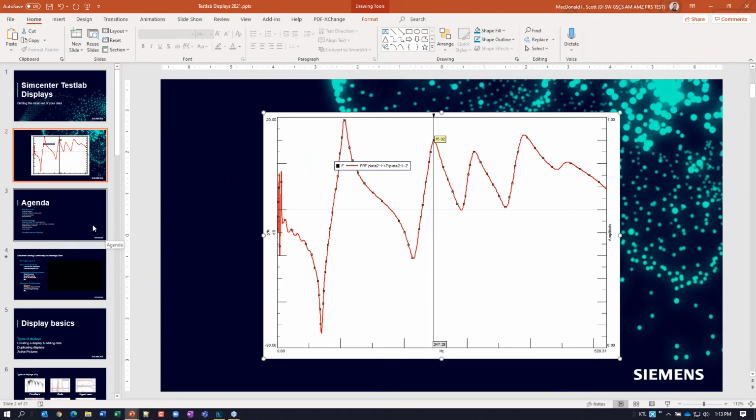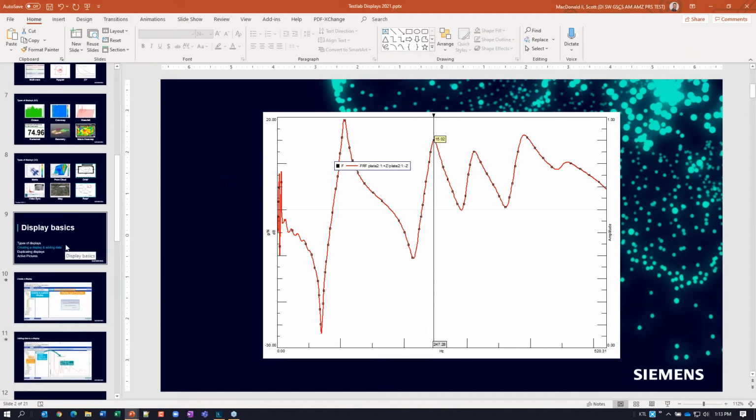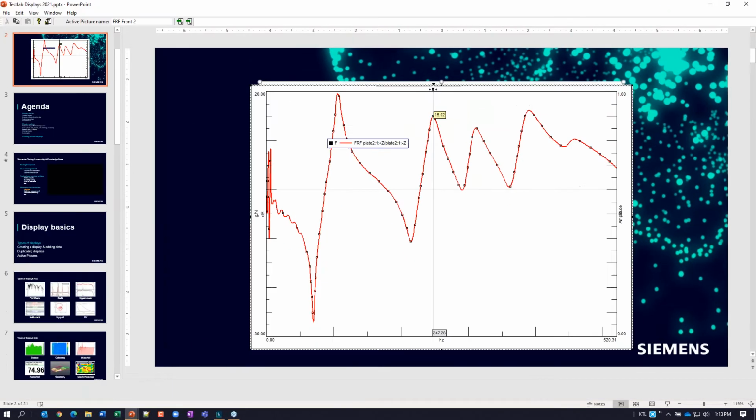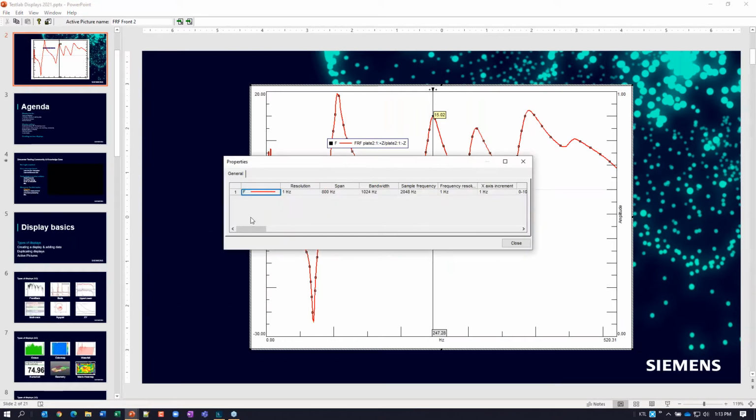You know what I find pretty cool about active pictures, Scott, if I'll throw you something spontaneously here? When you double click there, you can do data properties on the curve, and you can actually get information about how it was acquired, like the sensitivity value, the sampling rate, all that kind of stuff is also stored in there. So if I'm looking at some weird piece of data, I'm not sure how it was processed or if the cal value is right, I can actually double check it with the active picture. I think that's pretty useful too. Very useful. Data properties.